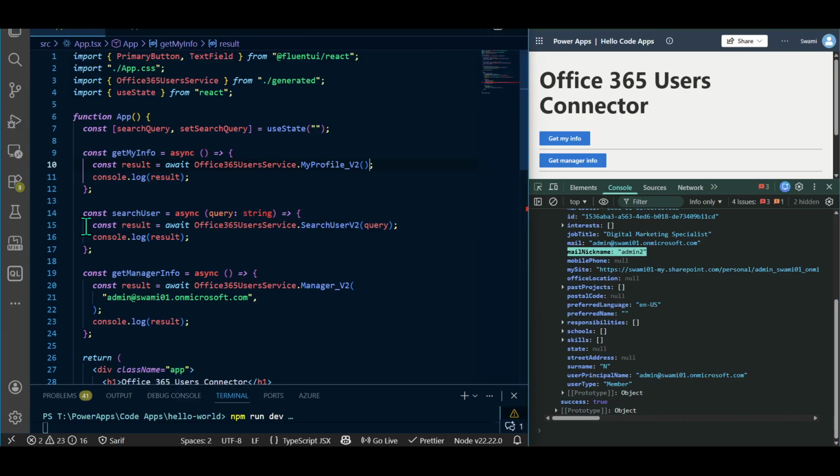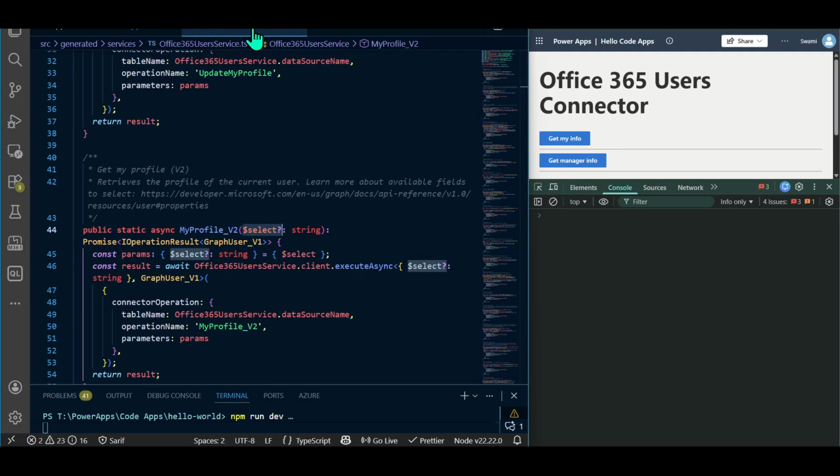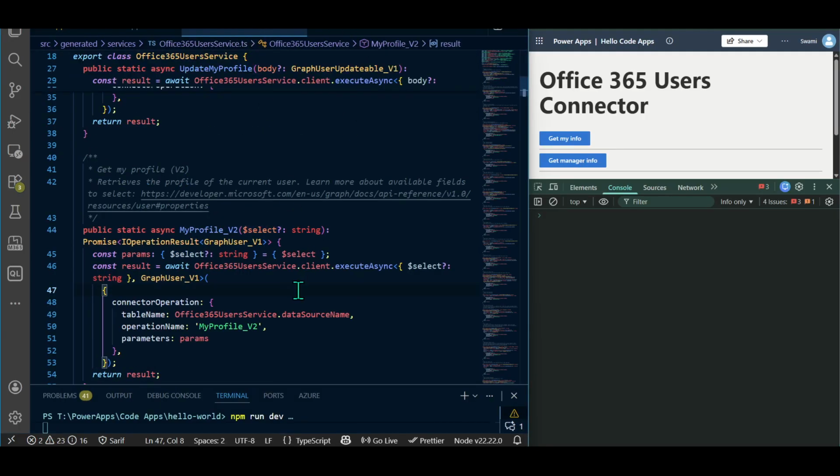The second thing is search user. Sorry, not search user. The second is manager. How we can get the manager info. For this also we have a dedicated function. If we search here,